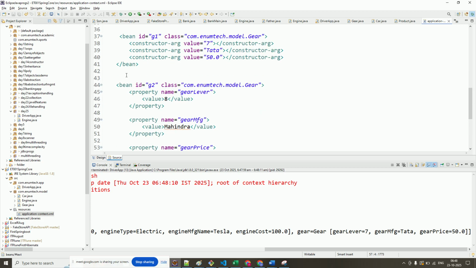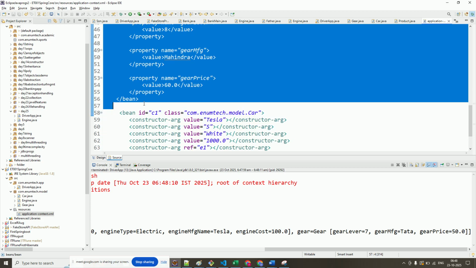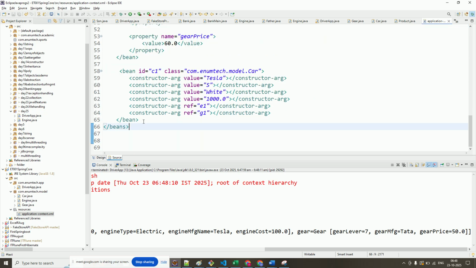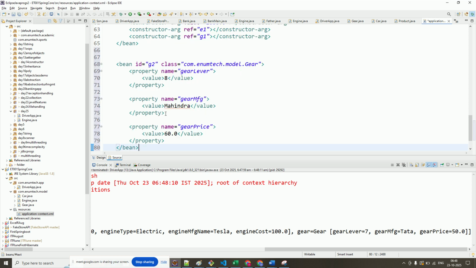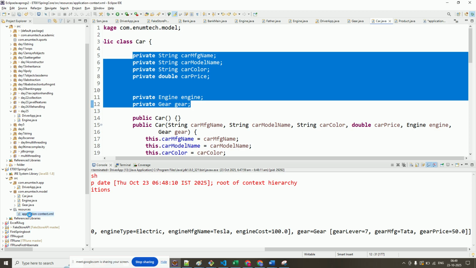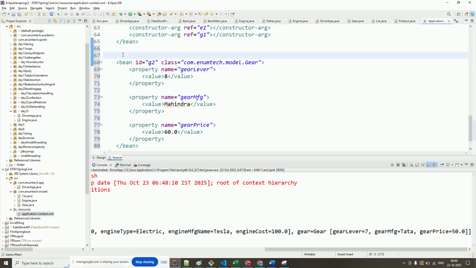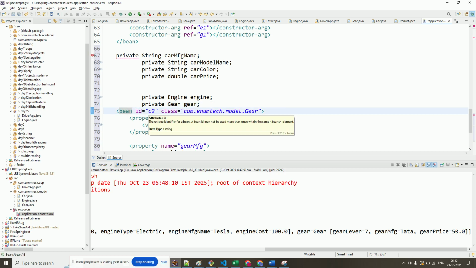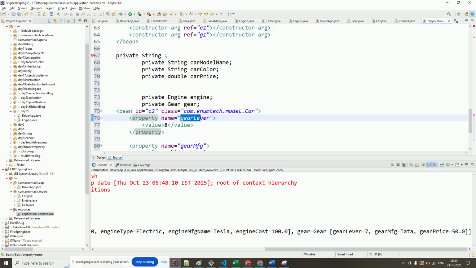Constructor dependency injection. If I want to set a dependency injection, then right. So here we will have to take all the attributes and we have to be very particular with the names. That is all we have to take care of. So I'm making a C2 of class Car and then manufacturer name. These are all the attributes which you have to provide. Okay, so let's say